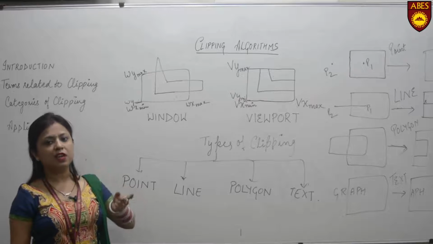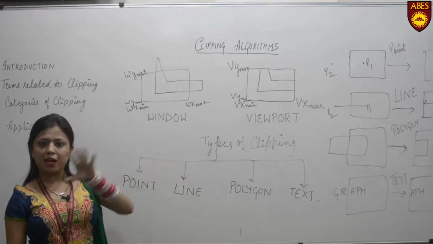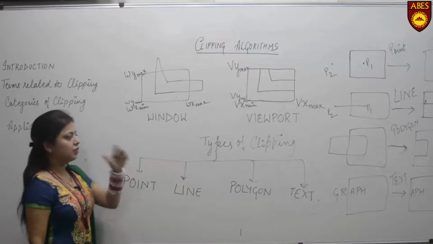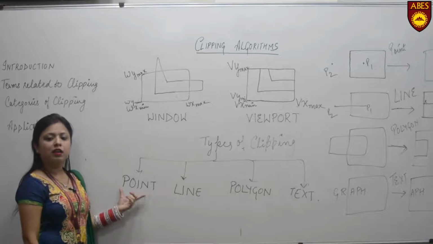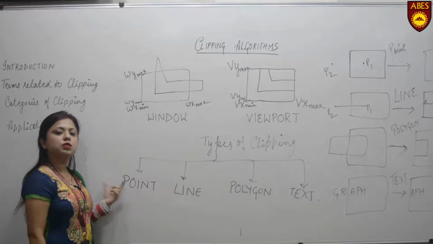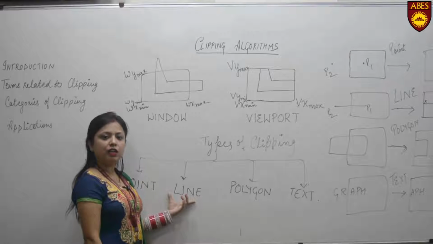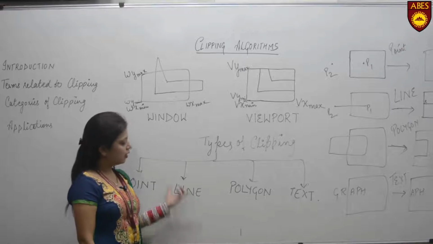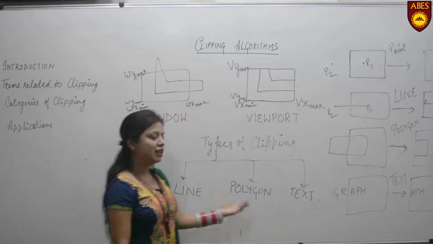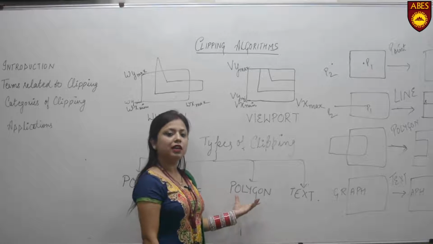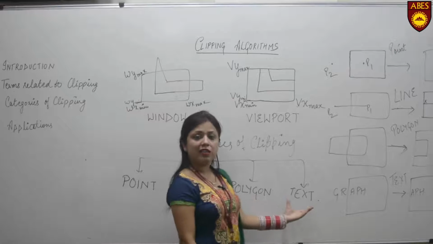Now when you define a pixel, it is synonymous to the word point. So an image is composed of multiple points. Thereby the basic type of clipping which I have categorized is your point clipping. Next to point clipping, we'll combine multiple points and form a line. So that defines the next category of clipping, that is line clipping. Next, we'll combine multiple lines and multiple points and define a polygon. So the third category of clipping is your polygon clipping, and the last category is your text clipping.